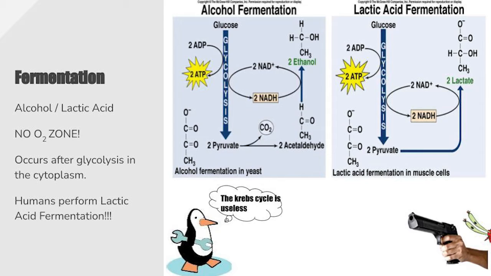Fermentation occurs in two different forms, alcohol fermentation and lactic acid fermentation. Both are anaerobic processes, and they occur after glycolysis in the cytoplasm. Humans and animals perform lactic acid fermentation, while alcohol fermentation is performed by yeast, in alcohol, bread, that sort of thing. The key difference between the two is the presence of ethanol in alcohol fermentation and lactate